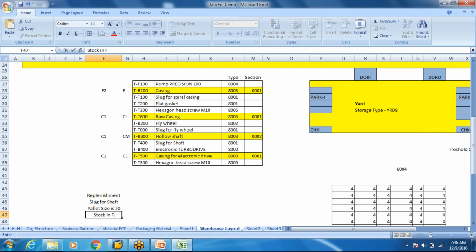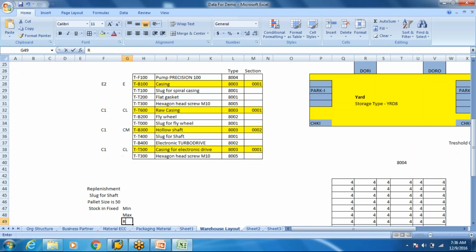How much will it be? What is the minimum stock in the fixed bin? What is the maximum stock in the fixed bin? And what is the replenishment stock? These are the three things we have to decide whenever we do replenishment. So we say, okay, the maximum we can store as per the bin capacity is 15. Minimum 5 should be there, because as soon as the stock goes below 5,